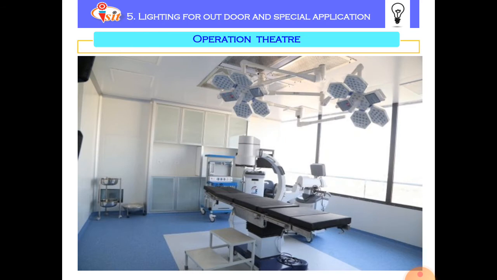Now, take a look at the operation theater. They have various types of light fixtures or luminaires. General lighting is usually provided from fully recessed fluorescent luminaires which are sealed against dust, dirt, and any foreign particles in the environment. It can be easily cleaned and uses lamps with clinical quality color rendering index.